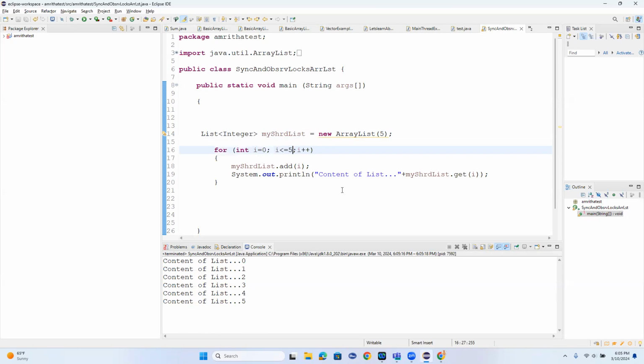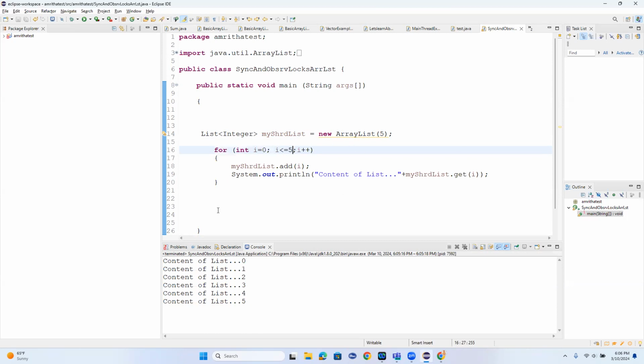I should be able to see the log before we do an operation on the ArrayList, see the status of the lock during addition, and see the status of the lock when it is released. This is what I need to do. So for that, what I will do is